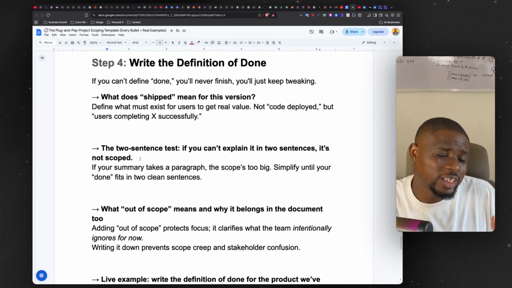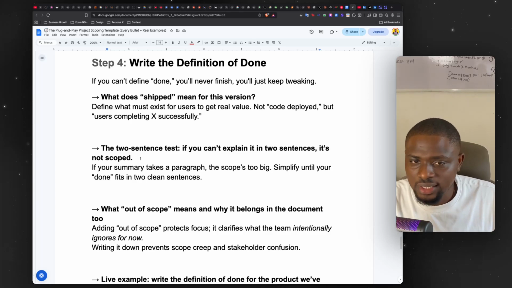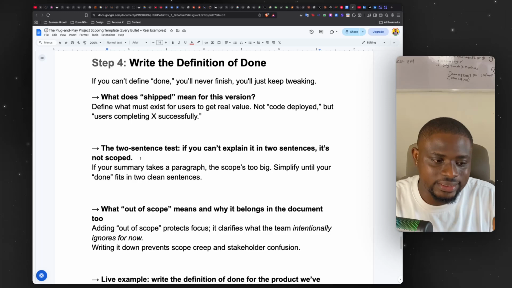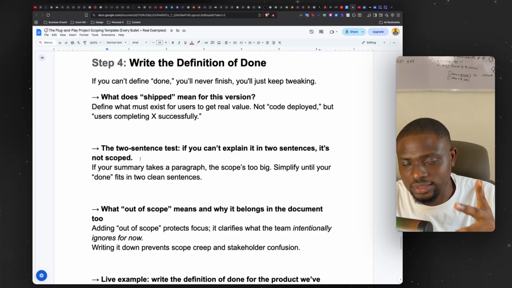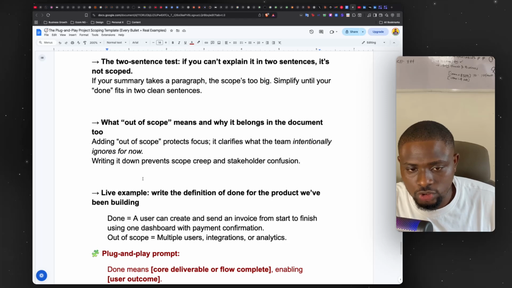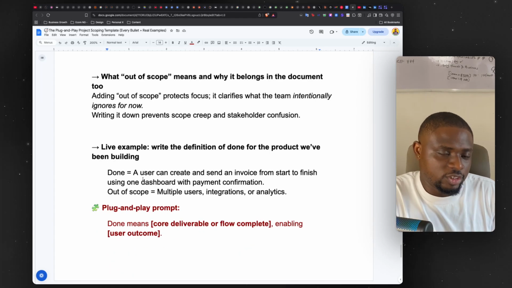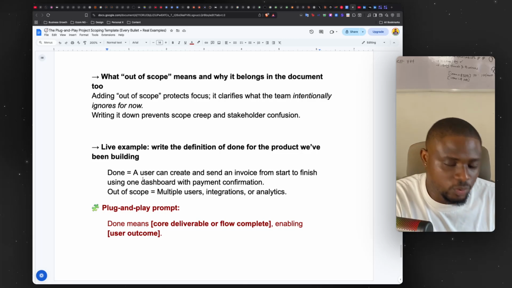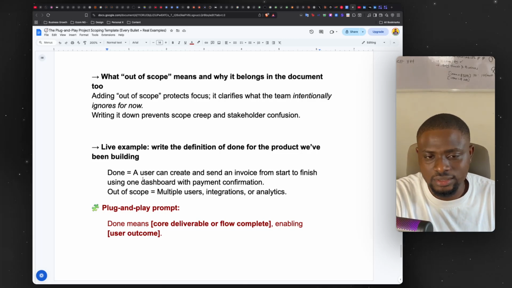What I mean is you should be able to explain your product, what it does and what it should be able to do when it is live, in 2 sentences. Then also make sure you understand what out of scope means, and put it in the document too. Sometimes if it's not something you're seeing right away, your subconscious makes you believe you need to put it in at the start. So put it in the document so you see where it is categorized, and that helps you